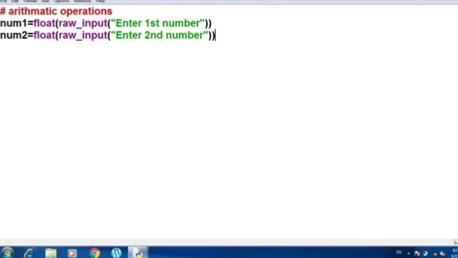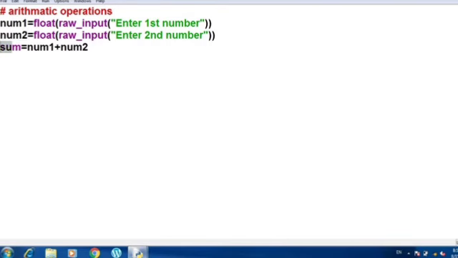Now to perform the basic arithmetic operation, I'm taking a variable sum to sum both the numbers. For adding both the numbers, we have the plus arithmetic operator, and I have added both the variables wherein I am going to take the input from the user. So this num1 is going to take the input from the user, and the second input will be stored in num2. Now the answer of num1 and num2, when we add both, is stored in sum.